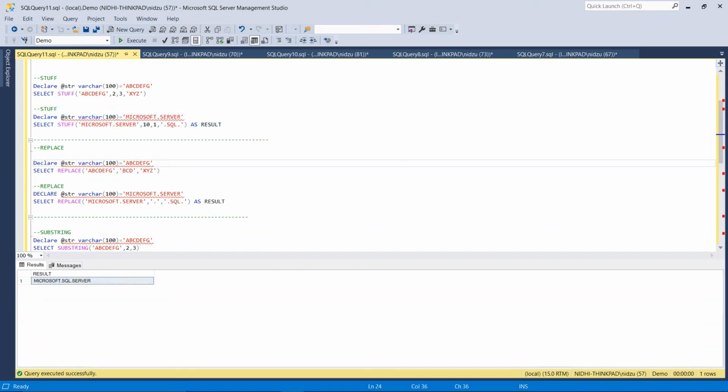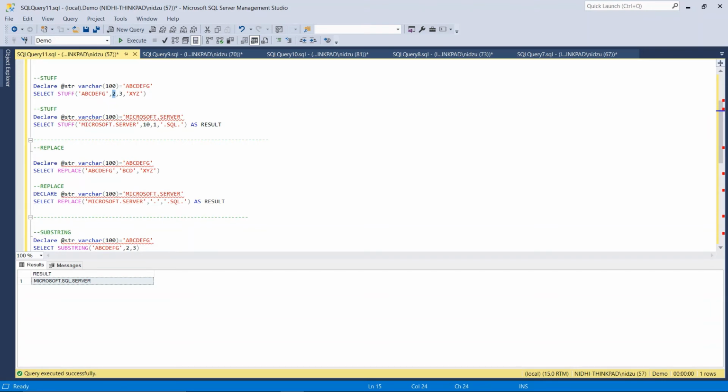Okay, let's see how REPLACE works. I have declared a string @str of varchar type, the same as I declared above for STUFF, ABCDEFG, and I want to replace BCD with XYZ. So in STUFF we are explicitly using the start and the length of the string which we want to replace.